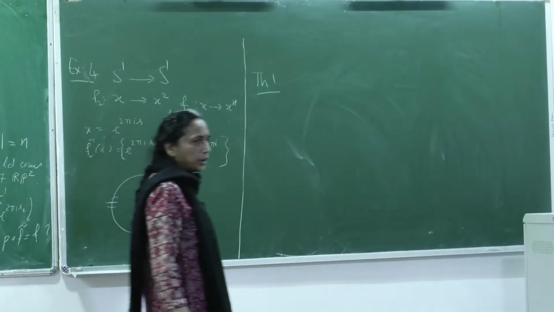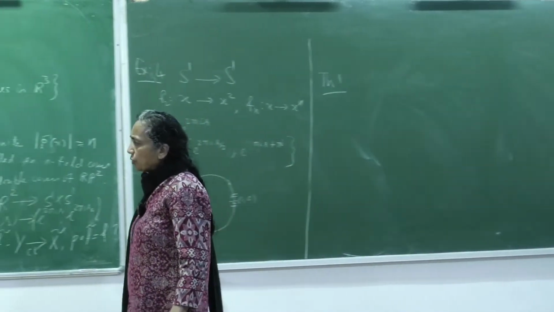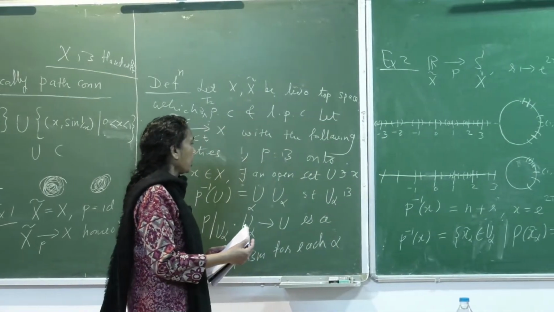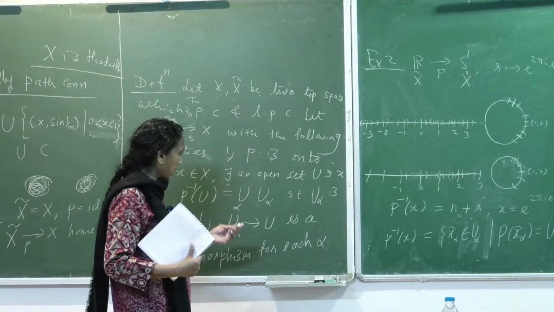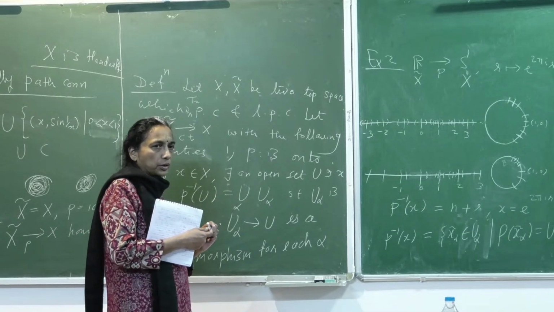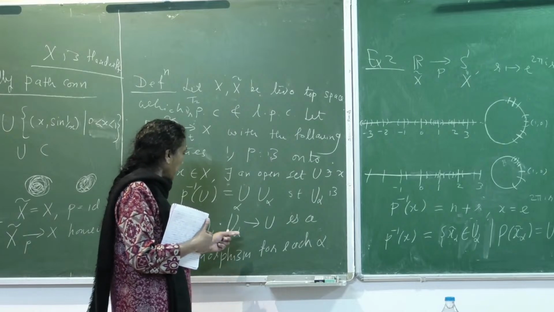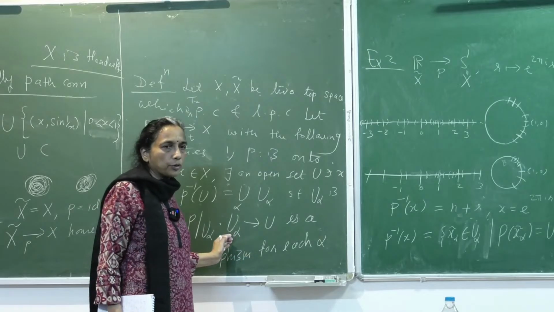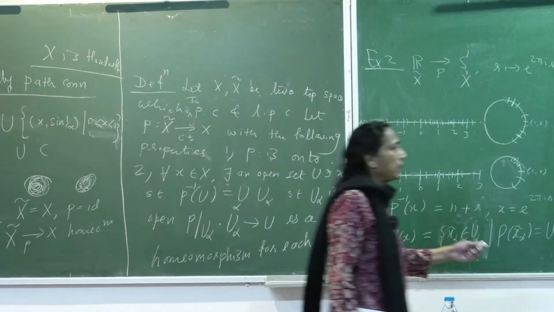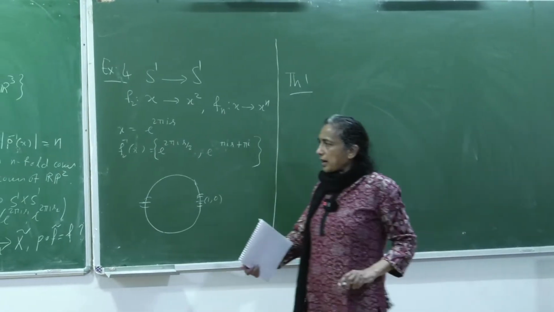Open map means the image of every open set is open, and that happens because when you take an open set, all you have to show is that its image is going to be open. Then you take a point in that image, then you take an admissible neighborhood and you go back, and it will intersect the original open set in an open neighborhood, and then you can go forward because it's a homeomorphism, so you will get open. So I will not give a proof, but theorem 1 is that, so this x tilde, p is called,